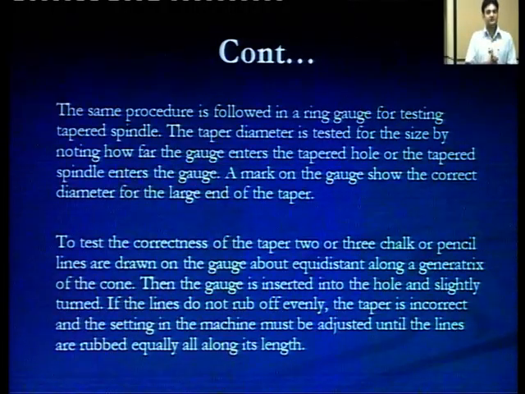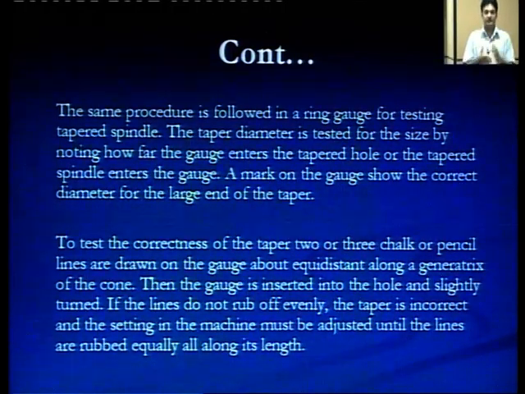Now, the same procedure is followed in case of ring gauge. The taper diameter is tested for the size by noting how far the gauge enters the tapered hole or the spindle enters the gauge. There is a marking on the gauge, and where that mark comes against the size, we can measure the taper or diameter of that